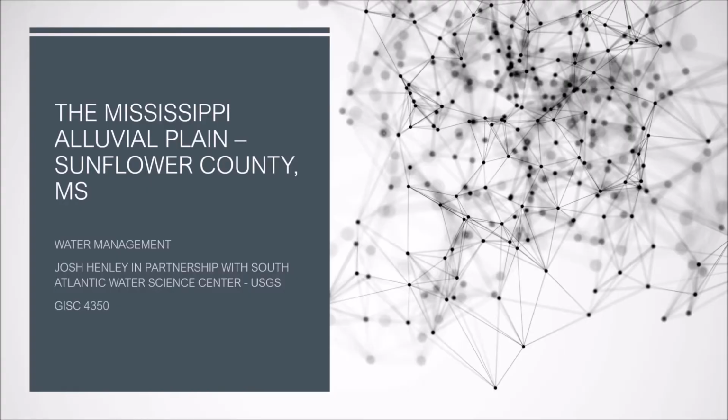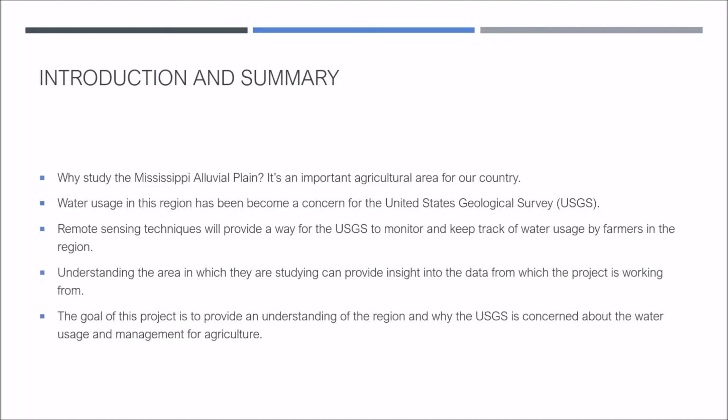Hello, my name is Josh Henley, and my project is done in partnership with the USGS in the Mississippi Alluvial Plain, specifically in Sunflower County, Mississippi. The USGS is concerned with this region and its water management for irrigation. Remote sensing techniques are being used to help monitor this. The goal of this project is to help provide an additional understanding of the region by looking at Sunflower County